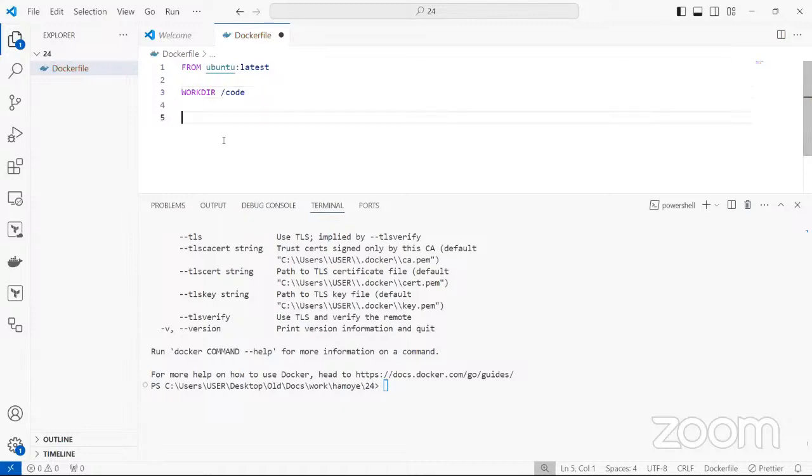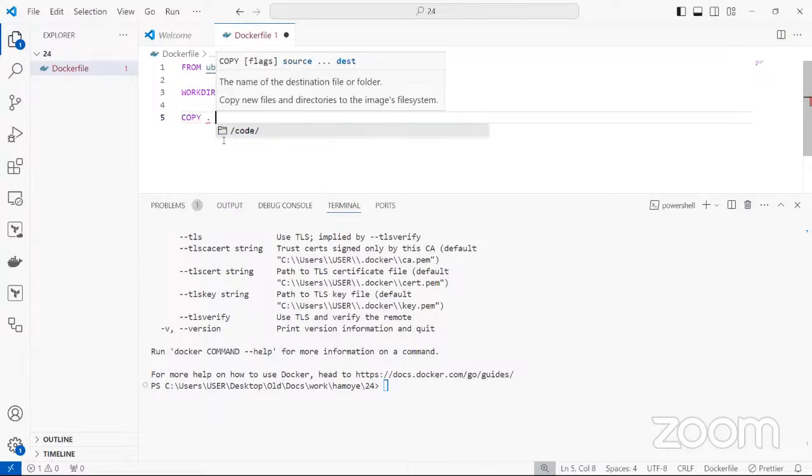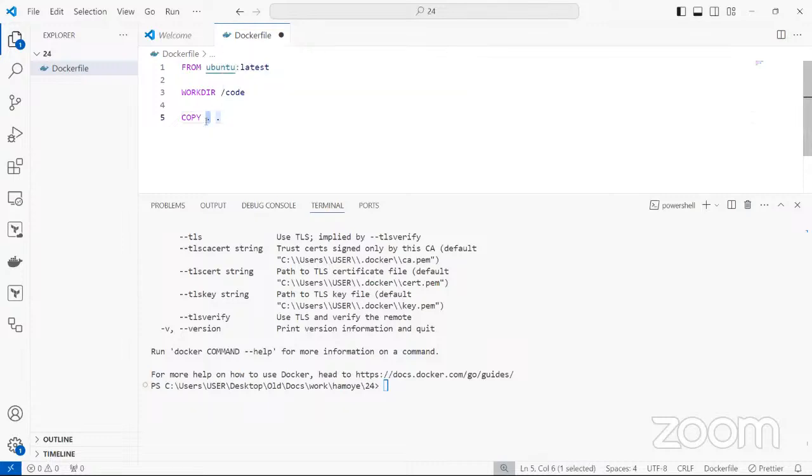Then the next thing you do is you copy your files. If you remember what we are saying, what you are trying to do is create a containerized version of your code that you have locally. So when you are trying to create a containerized version of your code, you have to move your code from your local system into the new system. That's why we are doing the copy. When you say dot, you are saying, okay, copy everything in the current folder that I am in on my local system, into, and when you say dot again, the work directory folder on this just created